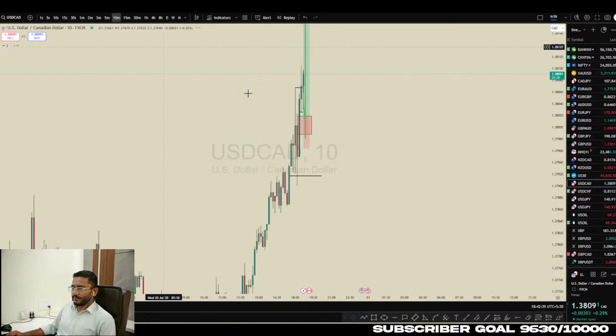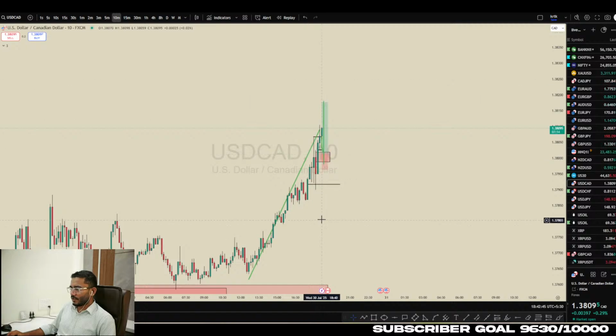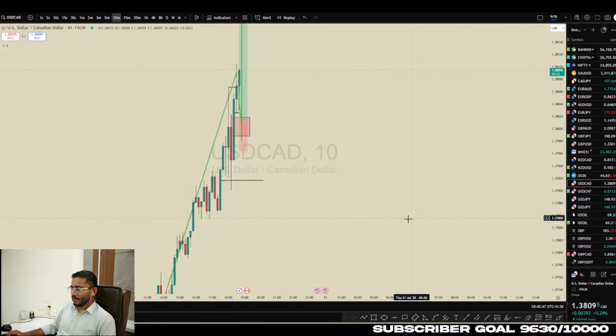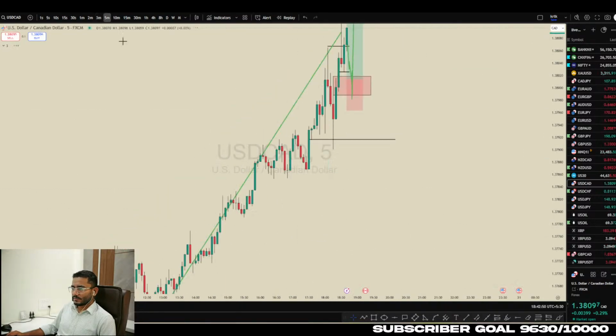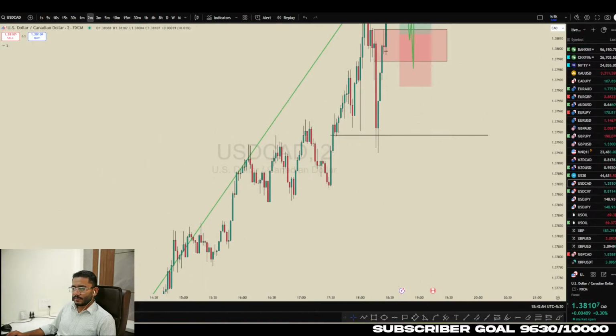So here, this is on 1 minute, this move. We are just trying to capture this move to the upside. There were multiple options, multiple entries: liquidity sweep, breakout structure, order block. We want price to break the previous high. We will get this move again, breakout structure, liquidity sweep.